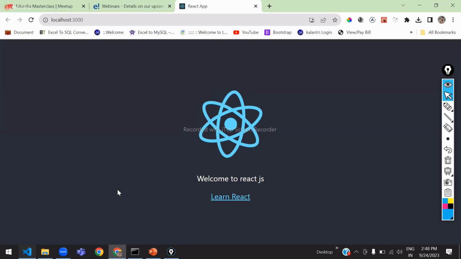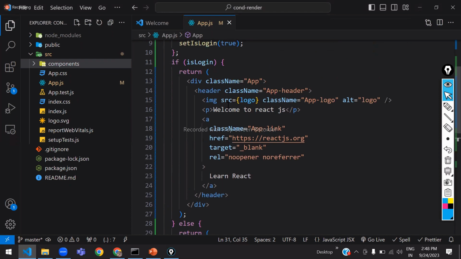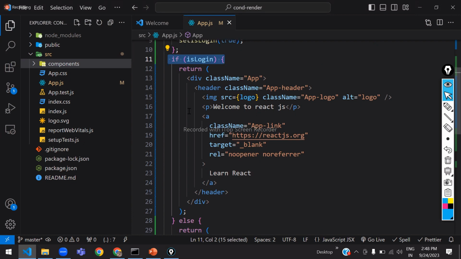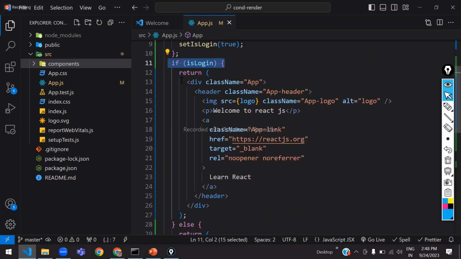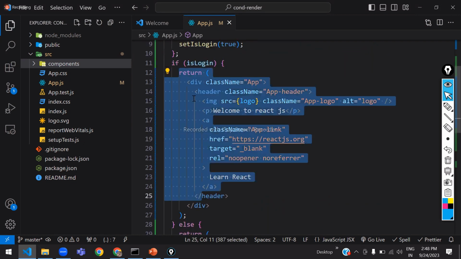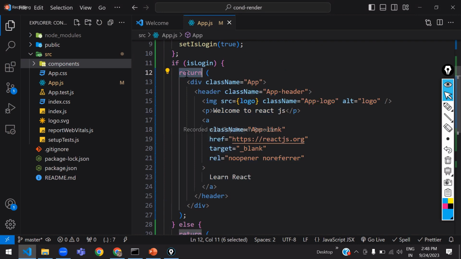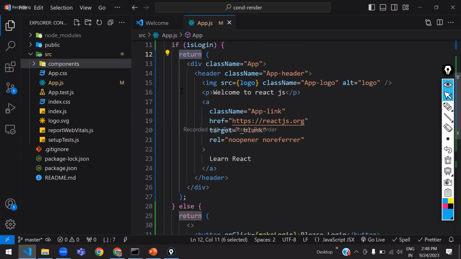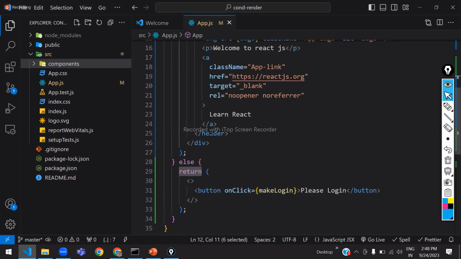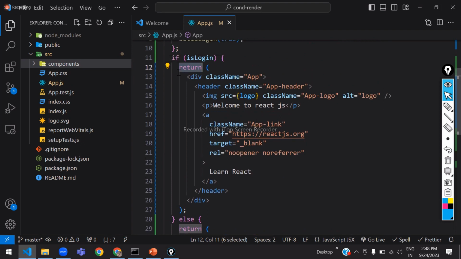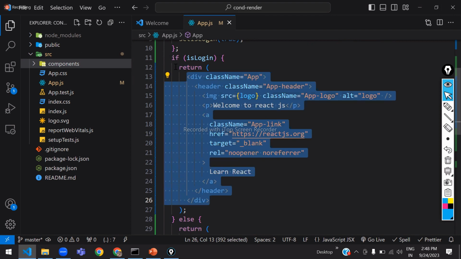and we have rendered the content. So here one thing is very important: like normal JavaScript logic, we can use an if else condition for rendering, and we can use two return statements, or we can use a return statement inside the if condition or in the else condition. So depending on the situation,